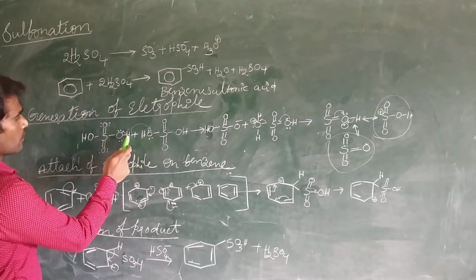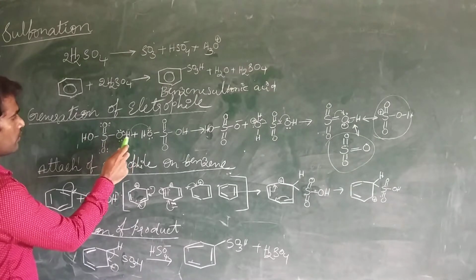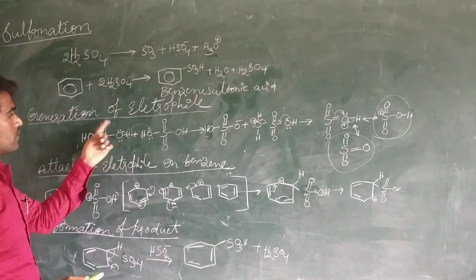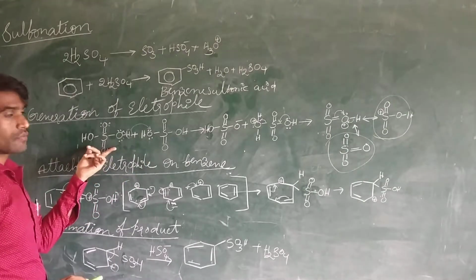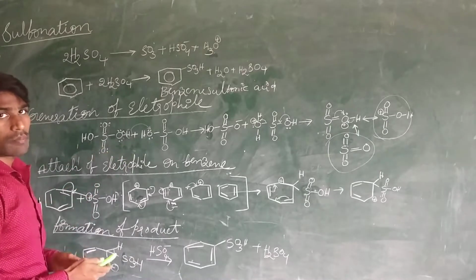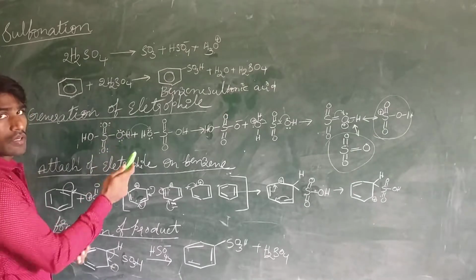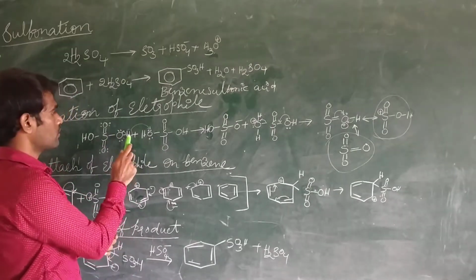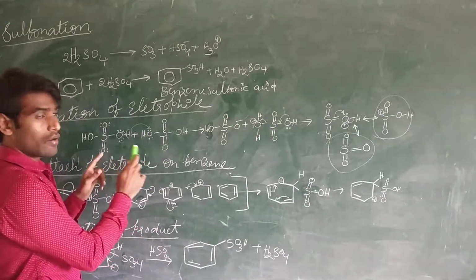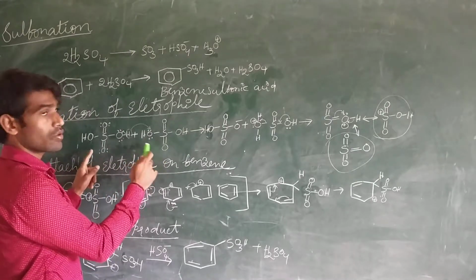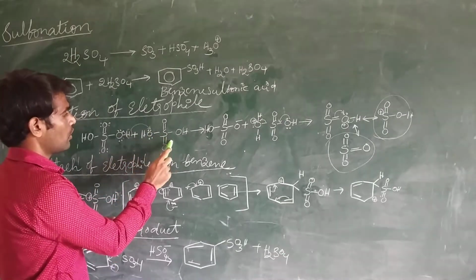One of the hydrogen atoms of this molecule is shifting, and the bond between the oxygen and hydrogen is broken. This is an acid, we know, 2 moles of acids. This one is sulfuric acid and this is sulfuric acid. Acids undergo dissociation and liberate H plus ion. One acid liberates its hydrogen. Another acid accepts the hydrogen atom on its oxygen atom because oxygen has lone pairs. Both are acids, and they dissociate, producing H plus ion. That H plus ion is taken by another mole of H2SO4.